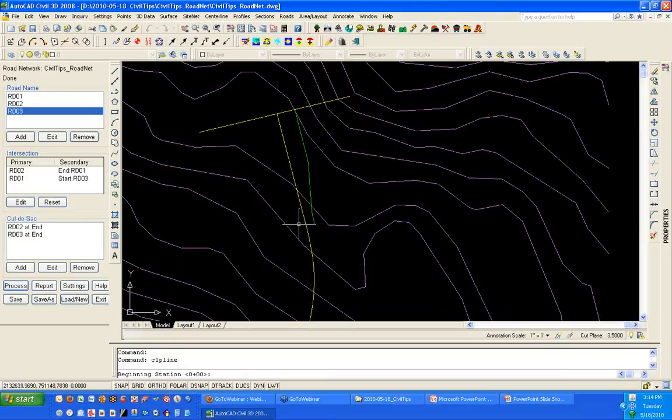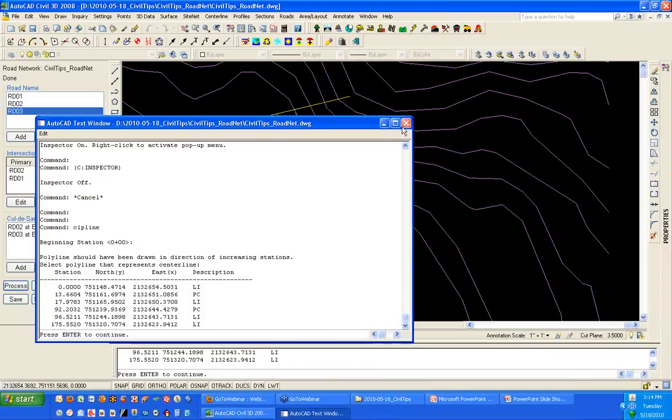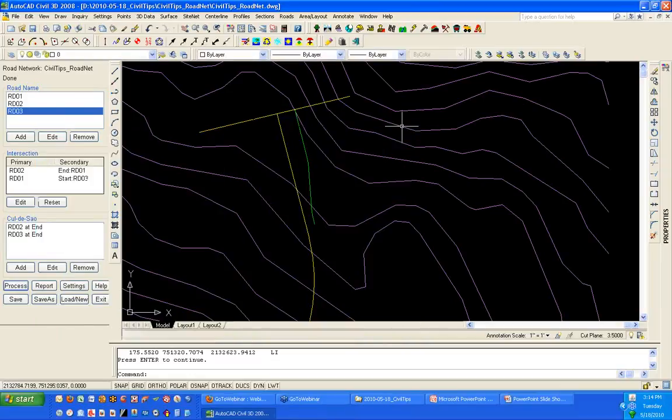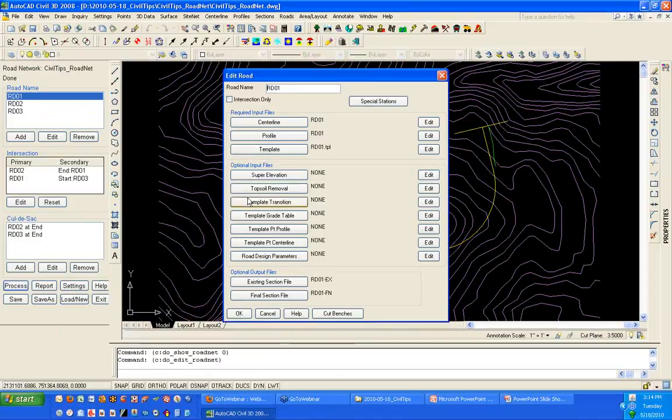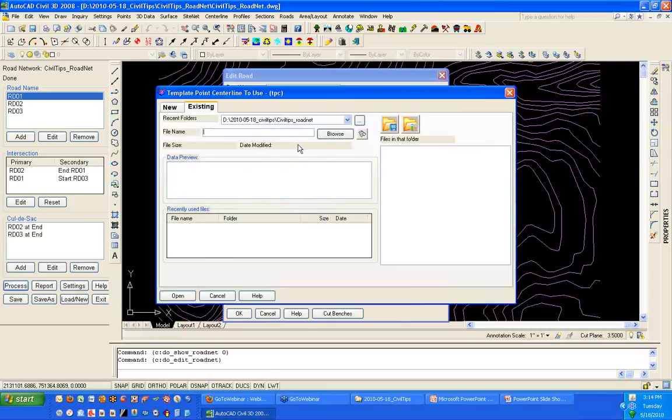Beginning station does not matter. Again, you do not have to worry about trying to get stations to match up. It's only the direction that matters. And I'll select this edge of pavement polyline and hit enter to finish that. Now that that's defined, I'll go back into Road 1, and I'm going to define this as a template point centerline. And just by selecting here,